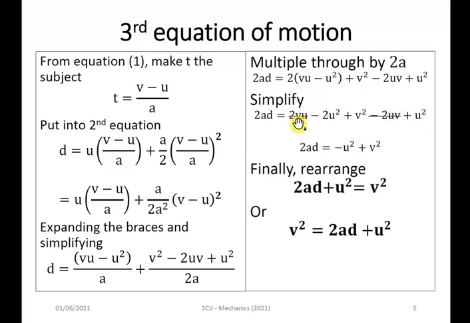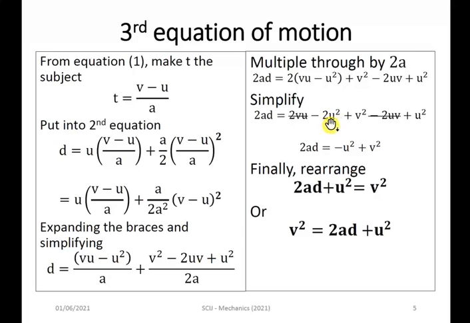They are the same thing. Sorry, I should have simplified it better, but we have vu, and it's the same as uv. 3 times 2 is the same as 2 times 3. Commutative property of multiplication. So this 2uv is the same as 2uv, and one of them is negated, so they cancel each other. They are going out, leaving 2ad